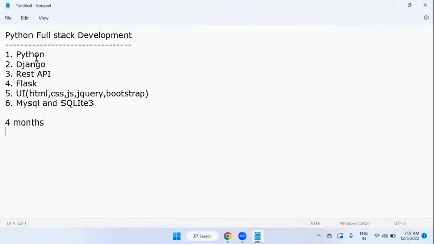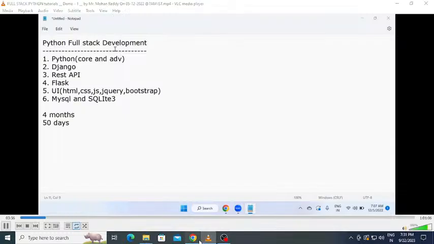And for example, if you are looking only for Python, core Python and advanced Python, that means basic and advanced level Python, then the duration of the course is 45 days, or 50 to 60 days. Maximum 50 days it will take to finish only core and advanced Python. So now coming to this here,